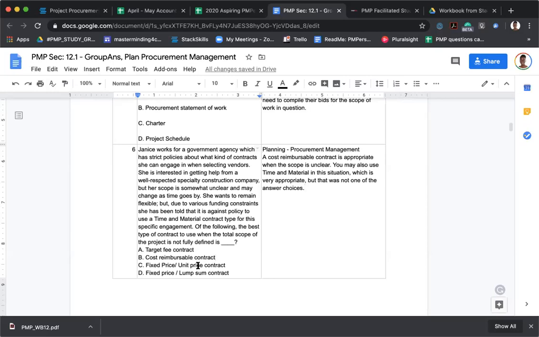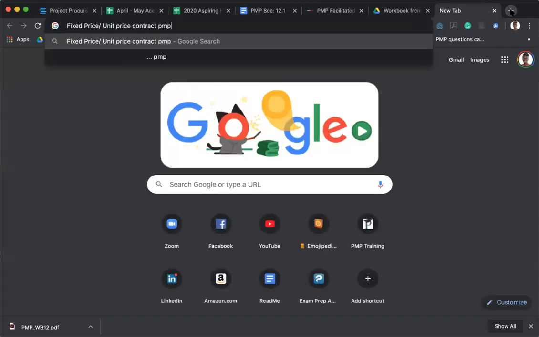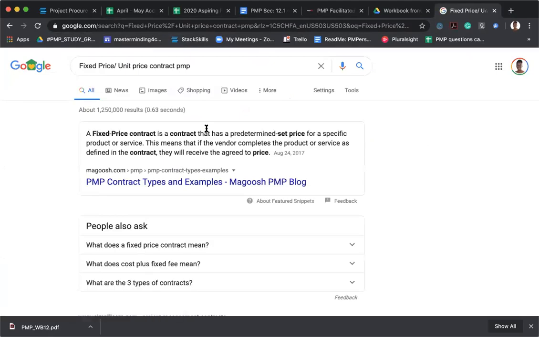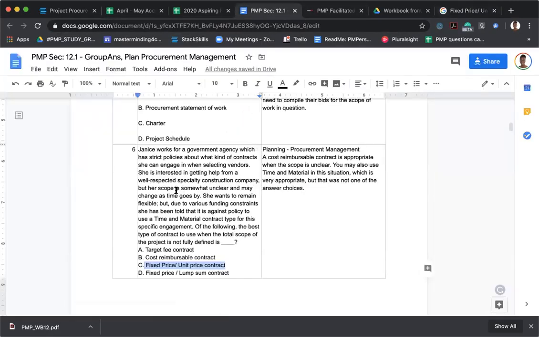Okay, and is that when you do a unit price contract, because then you will pay for the units that are used up? See, I've never seen the unit price contract before. Maybe I don't know if that's a made up term. I've never seen that before. Inquiring minds. I've never seen that, but I could be wrong. Fixed price, yes. Okay. Unit price, I don't think so.